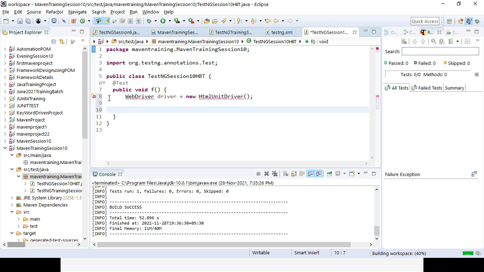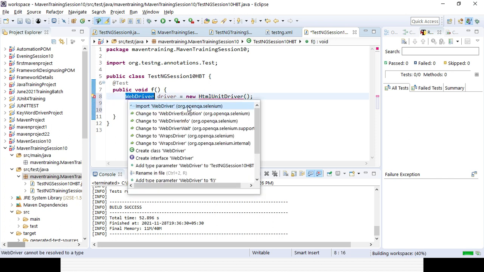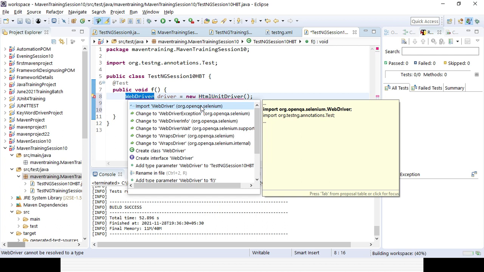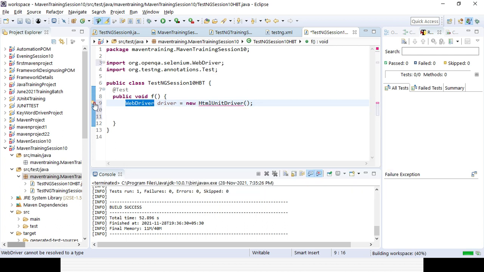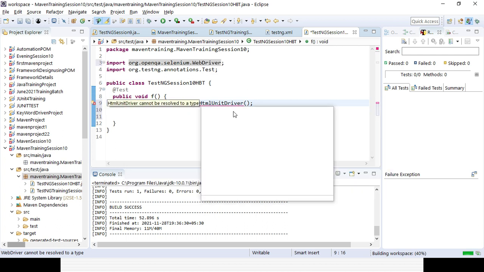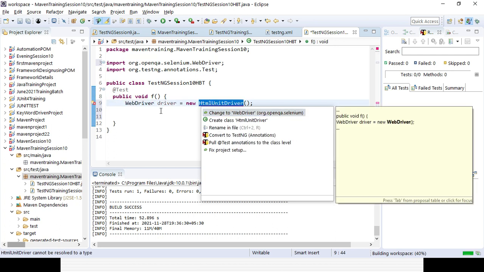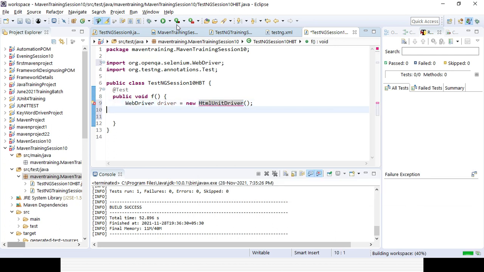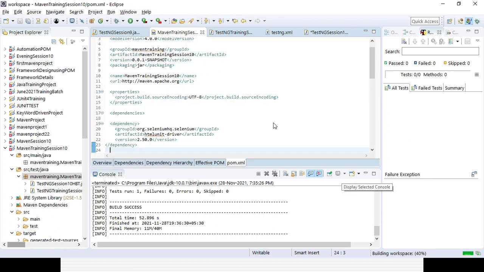I need to import the HtmlUnitDriver from the first WebDriver and then HtmlUnitDriver. Okay, it's still not loaded successfully. Let's see. Okay, still working. That is the reason you are not able to get it. Until the workspace setup is completely 100% done, you will not be able to get them.